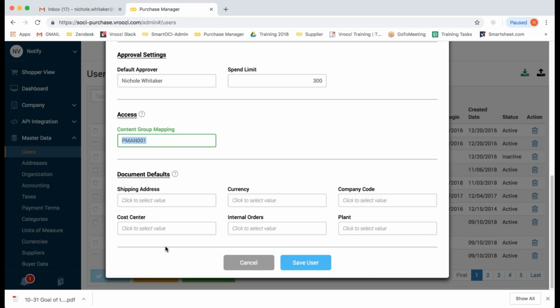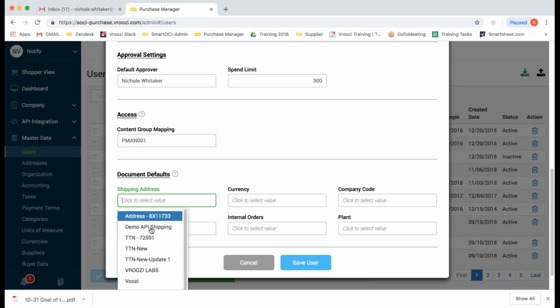Now I'm going to go ahead and select the document defaults for this user. This makes things even more simplified for the user whenever they're creating purchase requests. This information will be populated within that purchase request. They do have some opportunity to make some customizations, but again, this creates an ease of use. I'm going to go ahead and select the shipping address,